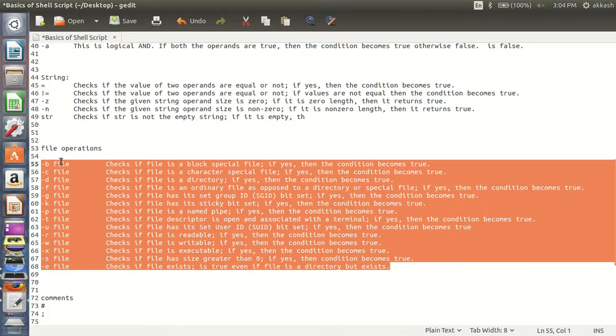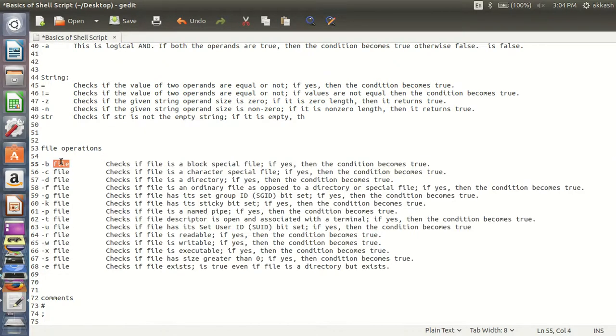The first one is -b, for block special file, -c is for character special file, -d checks whether it is a directory or not, -f is for regular file, -g is for set group id, -k is for sticky bit set, -p is for named pipe, and -t is for whether the descriptor is open and associated with a terminal.